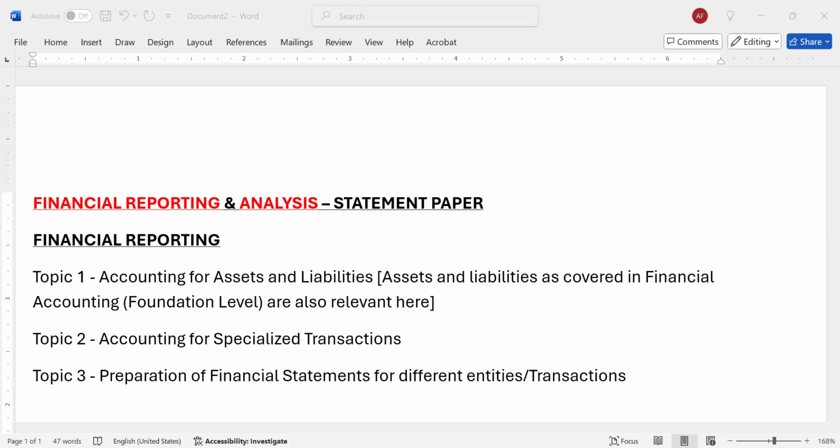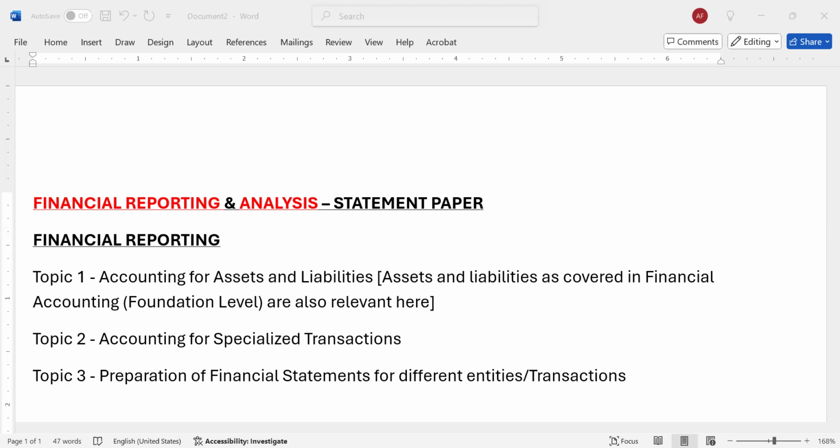The other area you will be expected to understand under preparation of financial statements for different entities is the concept we refer to as agricultural activities and farming. These are also accounts for which you must at least have an idea. The same case applies to pension plans, and the same case with cooperatives. These are very important elements that you must always understand.